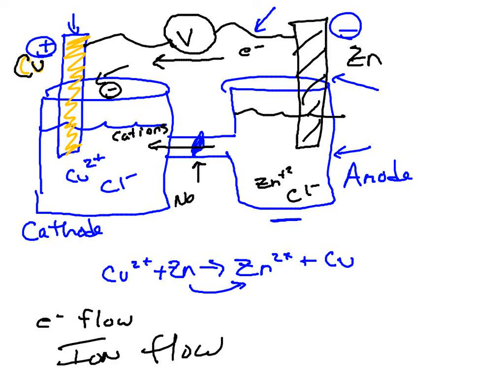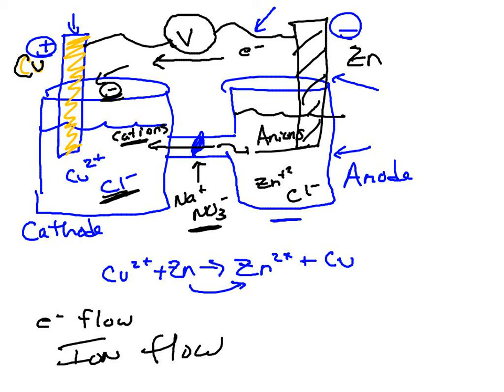Oftentimes in the salt you'll take some sodium nitrate, and then the sodiums are going to flow through here. What you want to do is balance the charge. If this side is more negative, you're going to put some cations in there with a positive charge, and then conversely anions are going to flow in here. Essentially the chlorides, and maybe some nitrates, are going to flow in there. And those are the things that they're going to label in a galvanic cell. And folks, you could put a light bulb in there if the current's high enough,